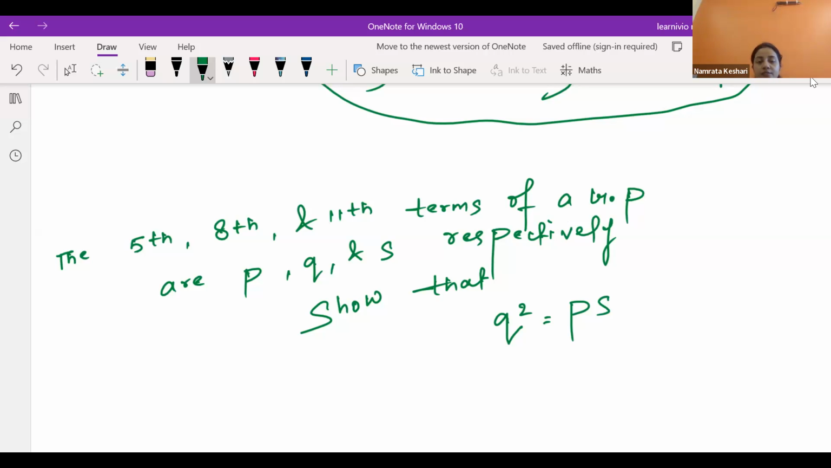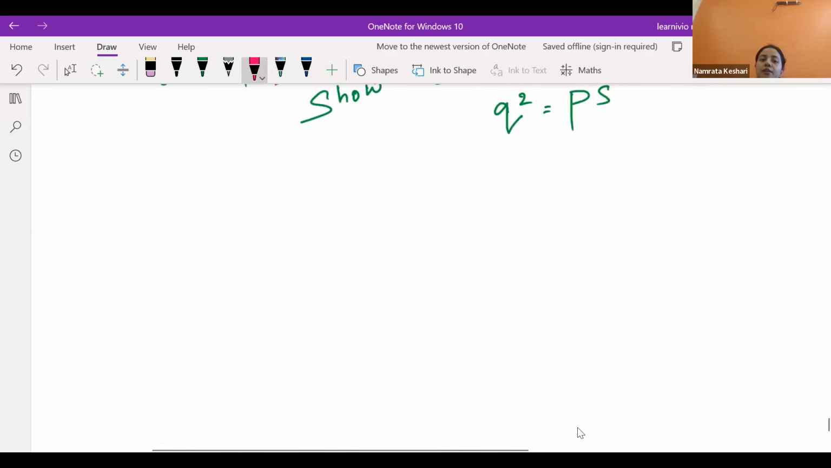Let's see first. Here it's given that the fifth, 8th, and 11th terms of a GP are P, Q, and S. That means the fifth term is P, the eighth term is Q, the 11th term is S, right? Yes, ma'am. Let's write the formula. For the fifth term, A, the formula will be